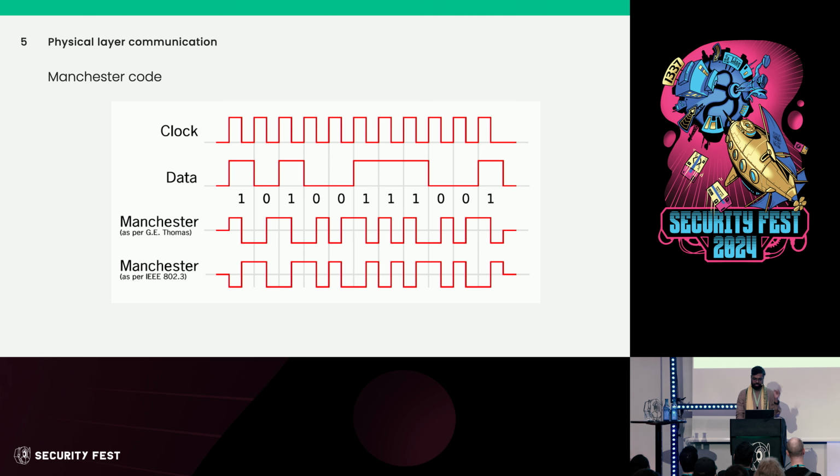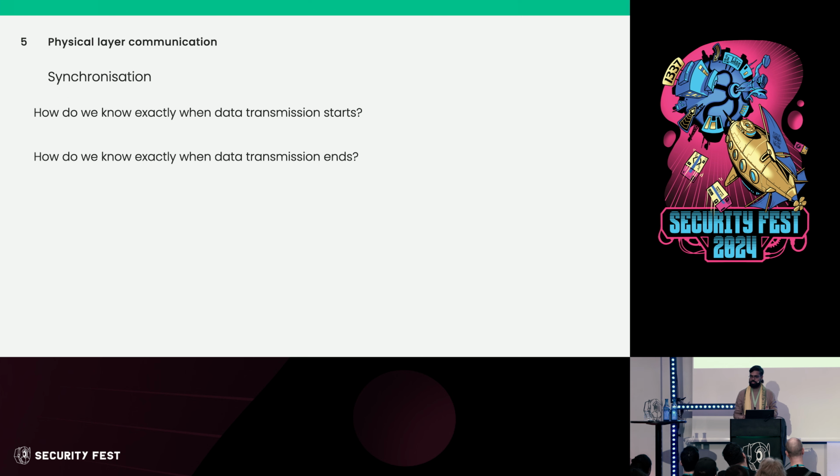Now, we are able to send timing information. We are able to send the actual data that we want to transmit. But the question is, how do I know when transmission started? And how do I know when transmission stops? Because that timing signal is consistent. I keep getting data, I keep getting signals, but now I do not really know when to start recording the data and when to stop recording the data. Is the problem statement clear to everyone? Okay.